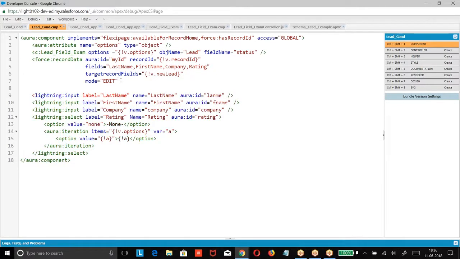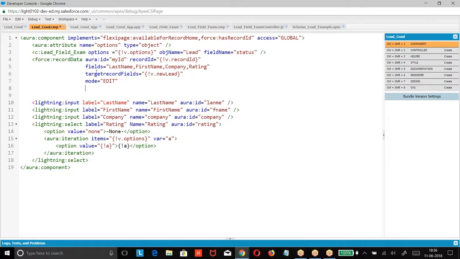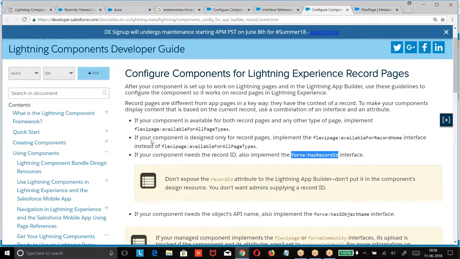So when we read the fields, no, record data, target fields. We have already given, instead of target record fields. So whatever fields we mentioned, with those fields the record is coming, and that record we are referring to as the new record. Target record? Now, any one is required. Either we can go for a record or we can go for fields. Any one is required. Okay. So let us see.